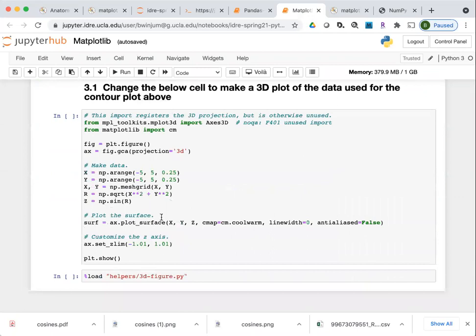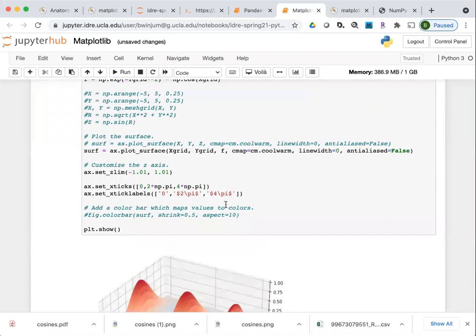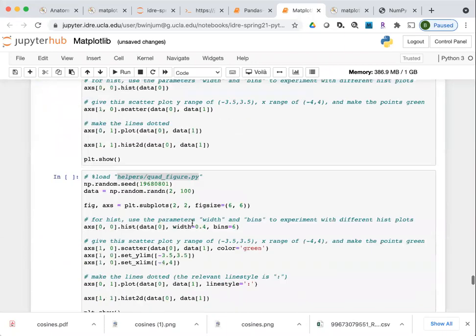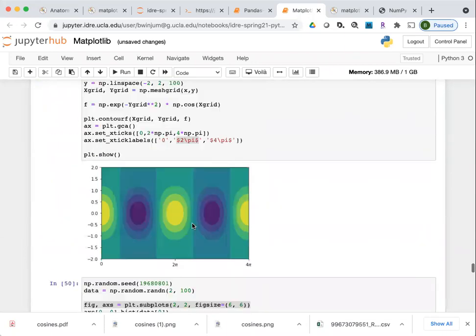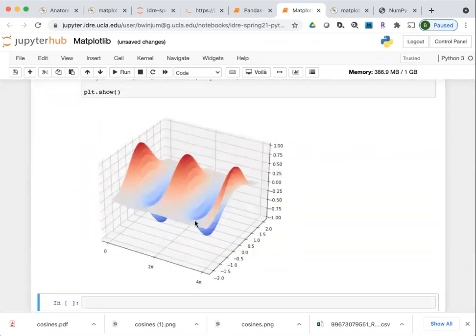And then I have something here which you can play around with too, if you're interested later, as well as a result. In this case, I'll just show you the result of this. This is just making a surface plot. So up here, I showed you the contour plot. Here's the surface plot that you can generate.